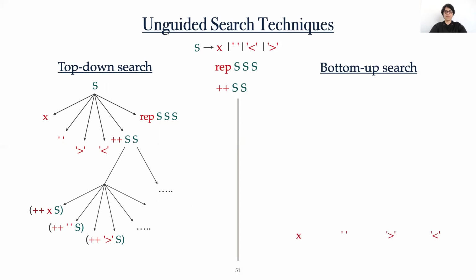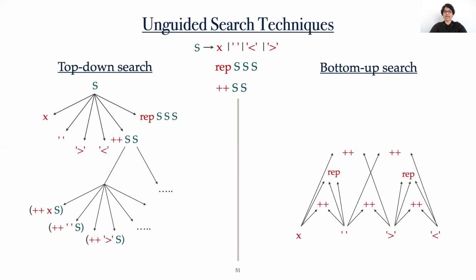In contrast, bottom-up search starts with productions that require no sub-expressions. It then uses these programs as sub-expressions for the next level using the concat and the replace operators. The efficiency of bottom-up search comes from reusing already generated programs to construct new ones. Bottom-up search also uses a pruning technique called observational equivalence reduction. This reduction discards programs that are equivalent to some program already enumerated. That is, if they evaluate to the same output for every